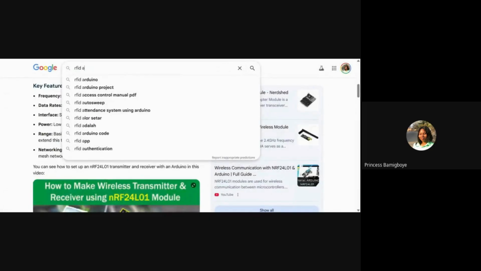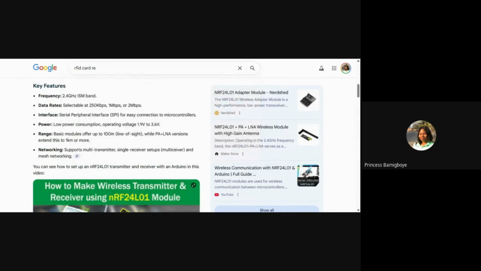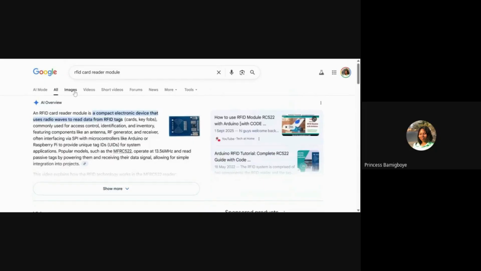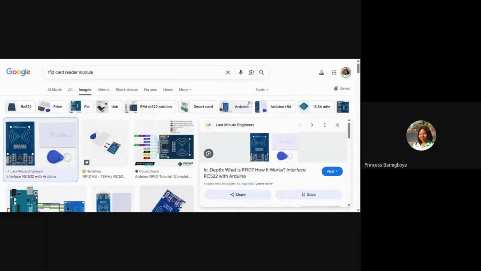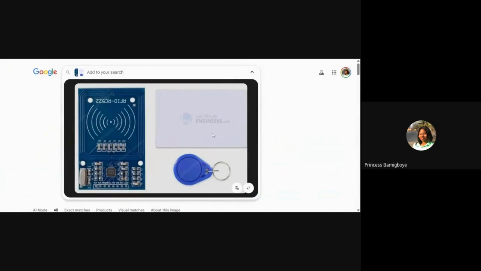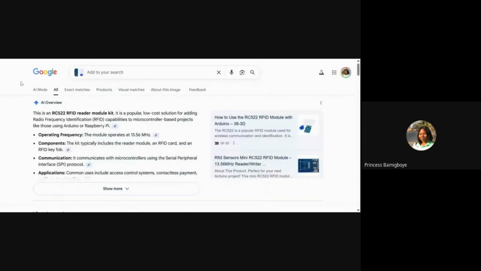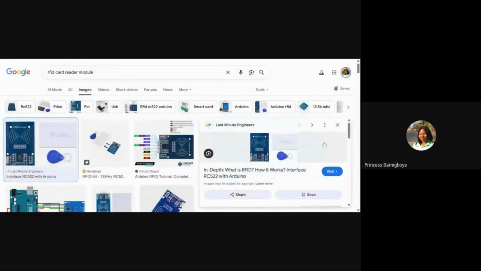the RFID card reader module for Arduino. For those of us who are familiar with this, it is sometimes used in attendance systems, sometimes in, let's say, automatic door locks that have a card. Like when you go to these fancy hotels, sometimes they'll give you a card instead of a key. The card reader will read the card, and then the door will open. So this is for if you want to run a prototype kind of thing.